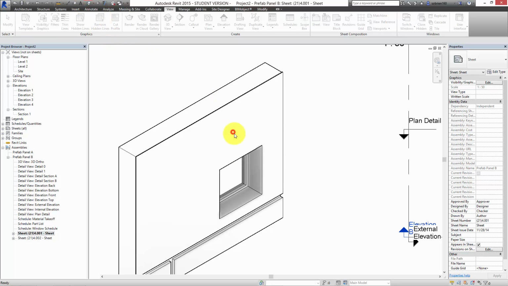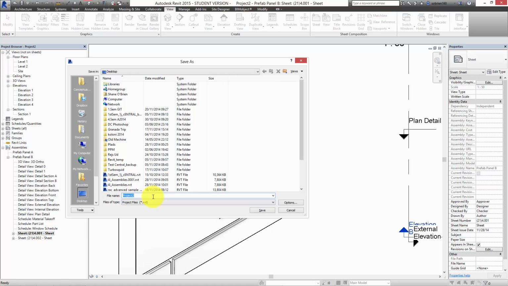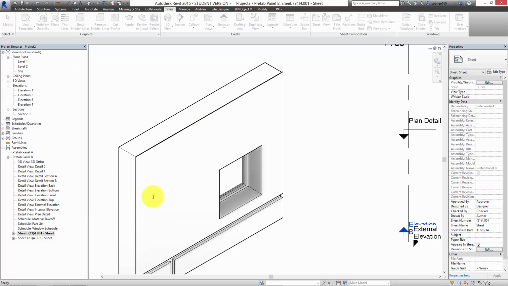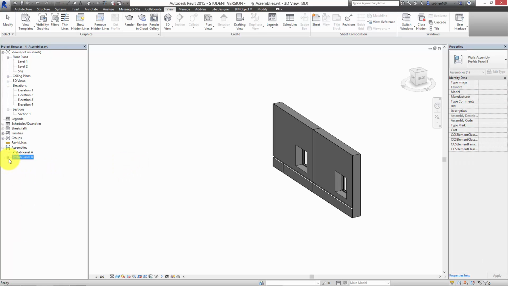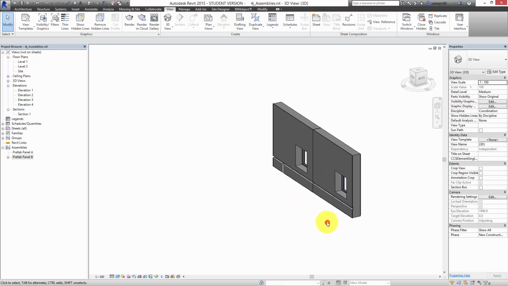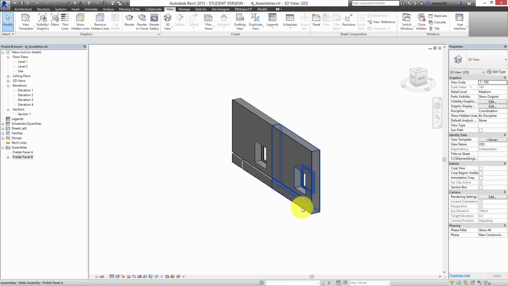Let's save the project. What do we call it? 4J Assemblies. So the nice thing about assemblies, if I just wait for it to save here, I'm going to close up those drawings there. If I go and put in another prefab panel B, for example, if I drag it in like this and put it here,